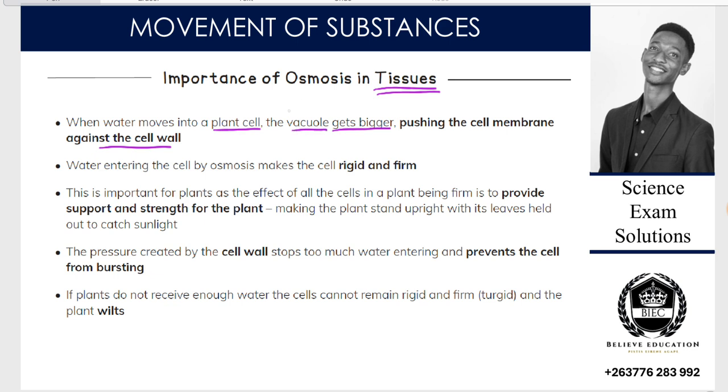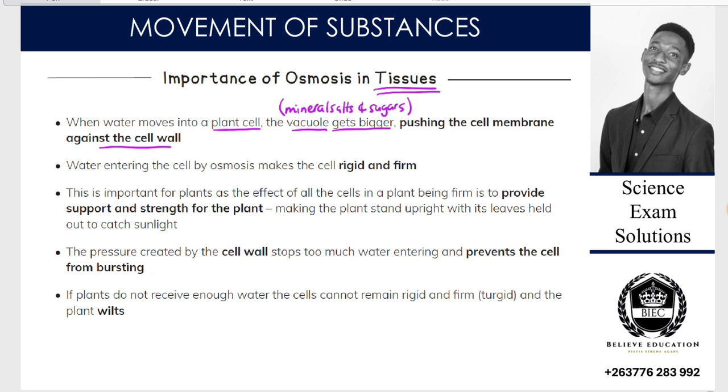Remember, the vacuole, we said it has mineral salts as well as what? Sugars. So in mineral salts and sugars, we are just talking of a sugar solution, a salt solution, and so that salt solution is concentrated. That concentrated part is the one that attracts water. So when it attracts, the vacuole now becomes bigger.